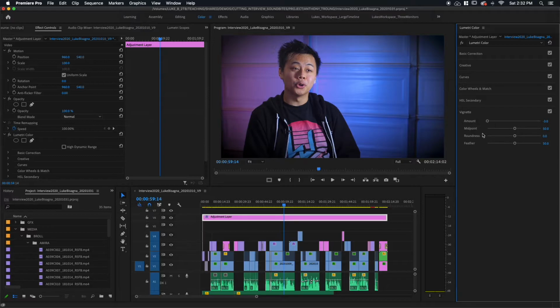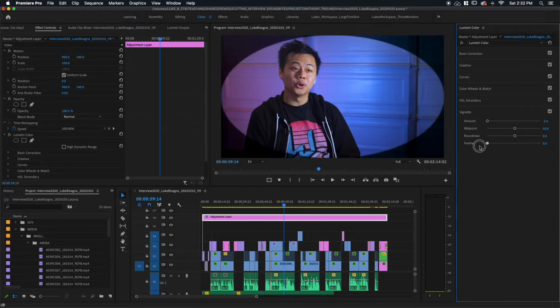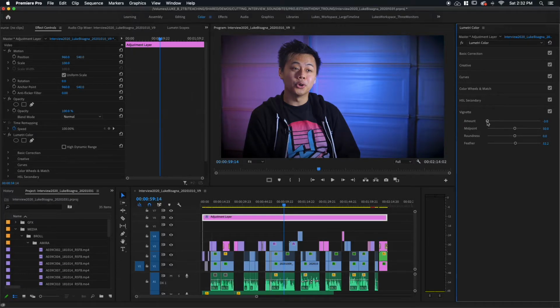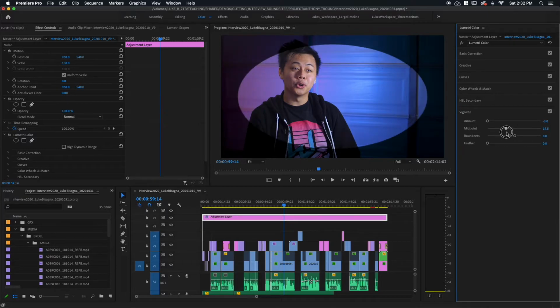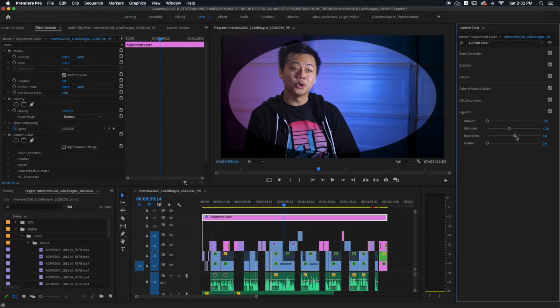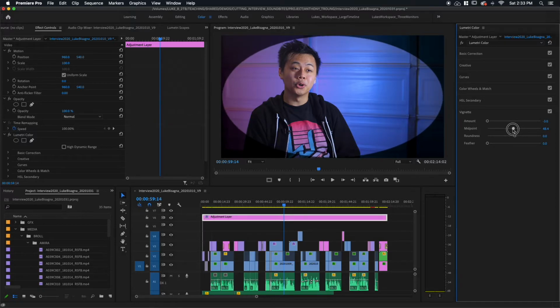If I pull this control all the way over to the left and then change the feather, reduce it to nothing, you can see this is just an overlay that appears over the image, and we're softening it with feather here, and then we can change how much of it's there, and then also the midpoint of it, how big it is, and the shape of it with roundness here. Okay, so I'm going to go with 0 on the roundness, and the midpoint, I'm going to push it a little bit towards the edges here because I like that. I think it looks a little more cinematic when it's that way.